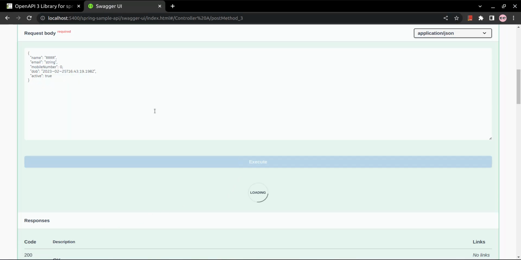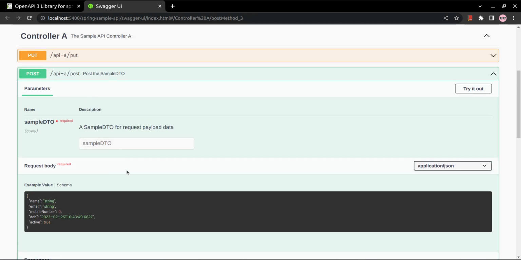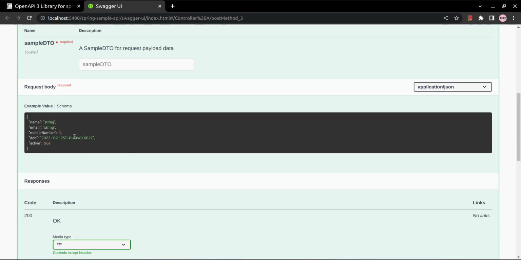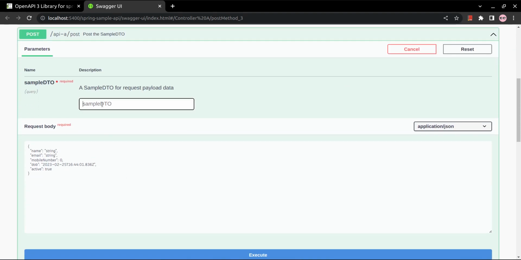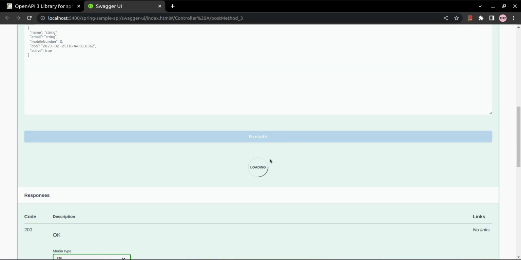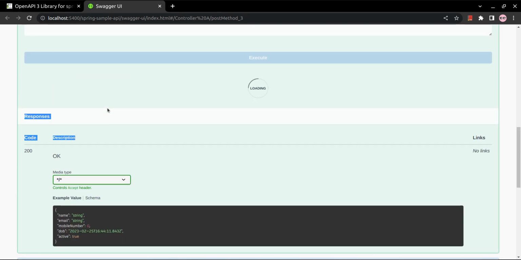Okay, what happened? Let's refresh it. So I think this date of birth is causing it, or you can try this one. Once more we can try it out. Sample DTO, required sample DTO, we are passing sample DTO, execute. Okay, this response is coming. This is just a UI issue only. Okay, so like that